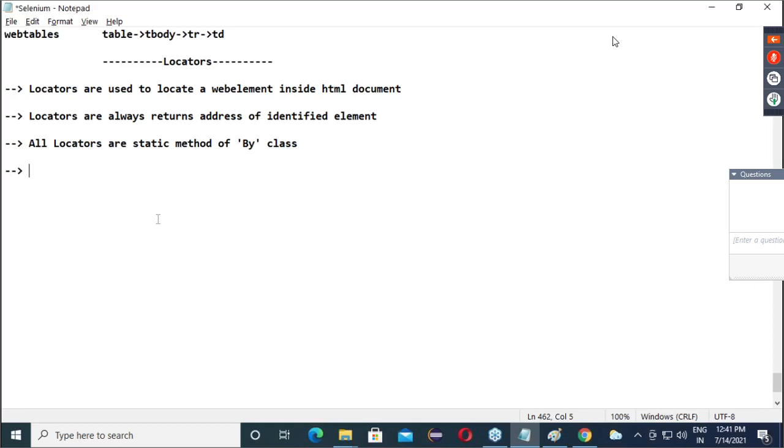Now the concern is, what are those methods? Ultimately, how many locators are available? Just 2 seconds, hold on.